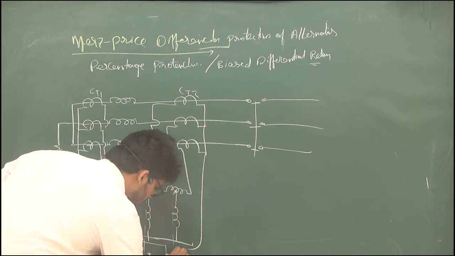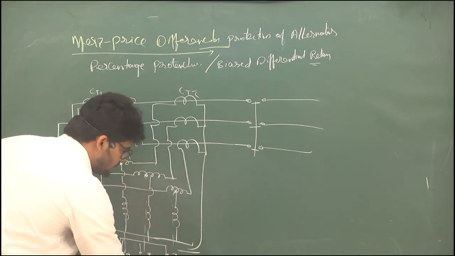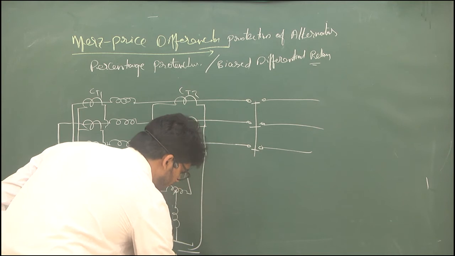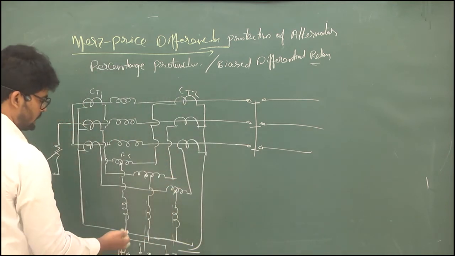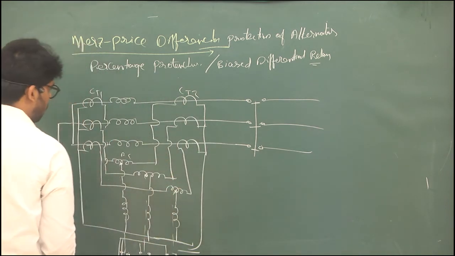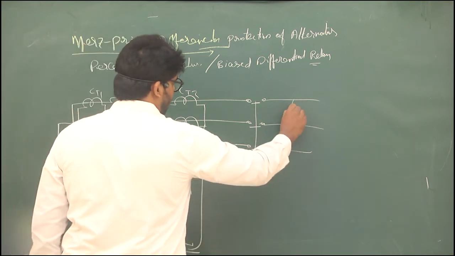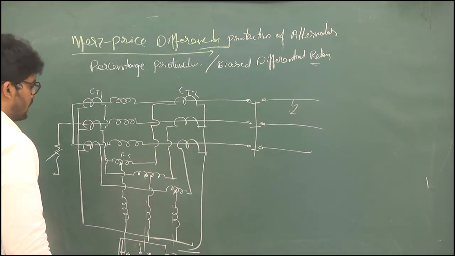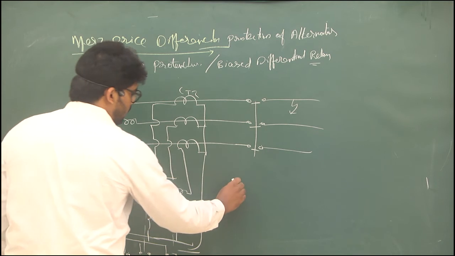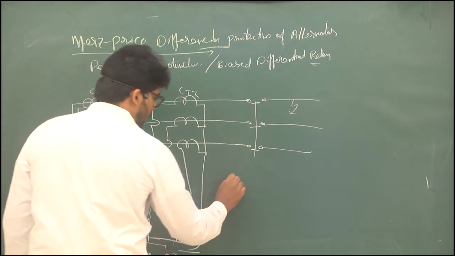So if any switch is operating, then this gives a signal to the trip coil. This is giving to the trip coil. Now we'll see what happens if a fault occurs externally. As you see, this operating coil will always depend on